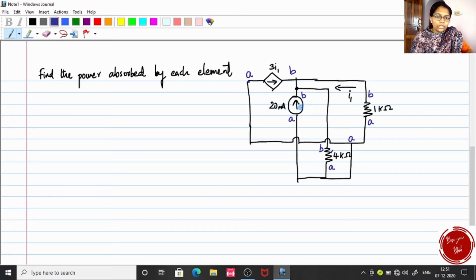Now our next aim is to check whether we have completed marking both ends of each element. That is, we have 4 elements. Let us see if we have marked the end points of those elements. For this element, A and B, the 2 points are marked with each letter. For this current source also 2 points are marked. For this resistor also either sides are marked. For this resistor also either sides are marked. So generally we can say that there are only 2 points altogether for the circuit. So we can simplify the circuit